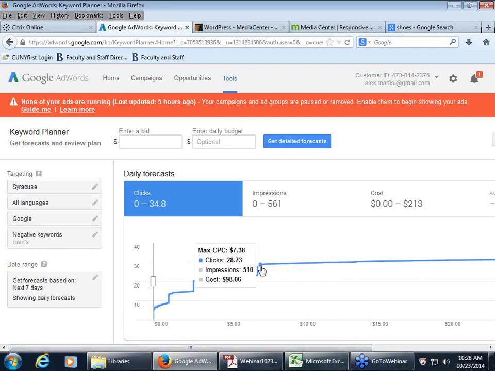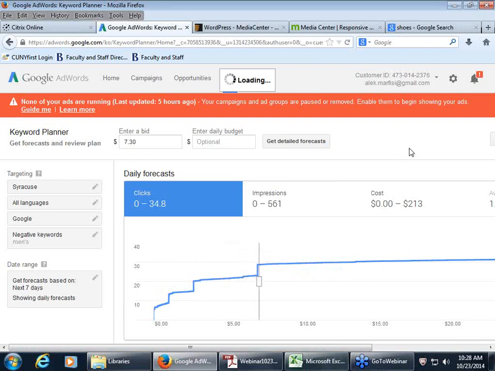And that's somewhere in here. So we can eyeball it and select this point, and it'll update statistics on how many clicks you'll get per day. We also need to enter a daily budget. In Google AdWords, you can specify that I don't want to spend more than $10, $50, $100 a day on advertising, because for some of the more trafficked keywords, this can really get out of control.